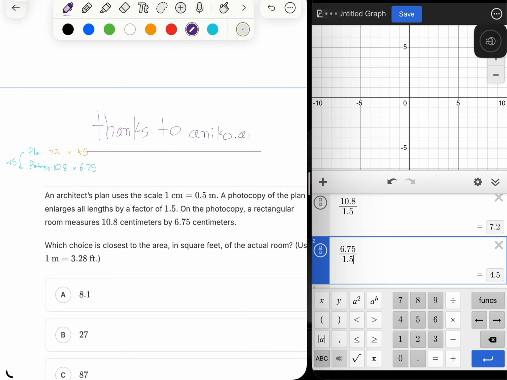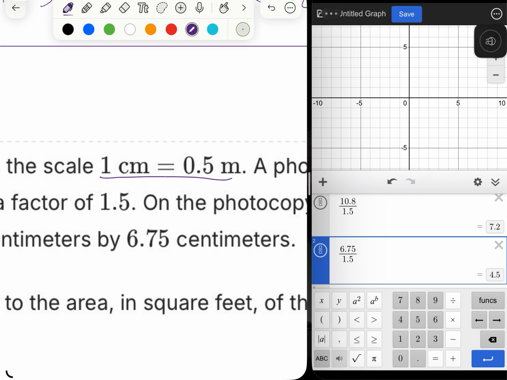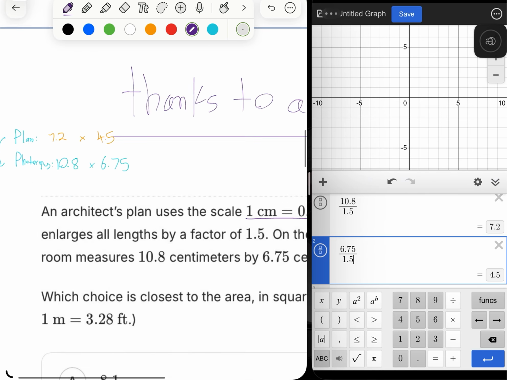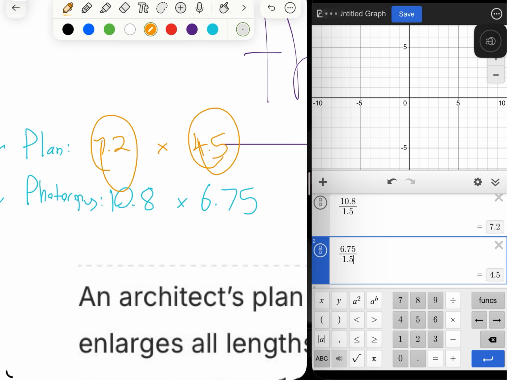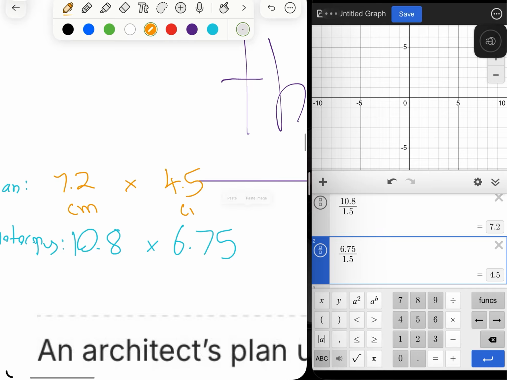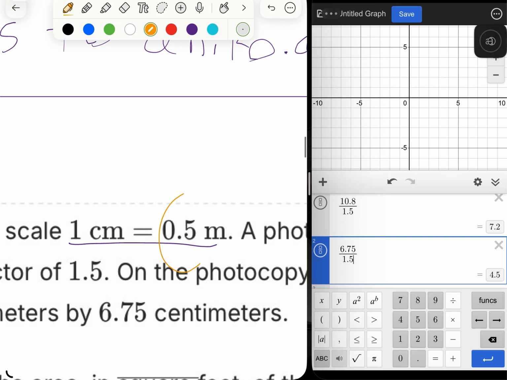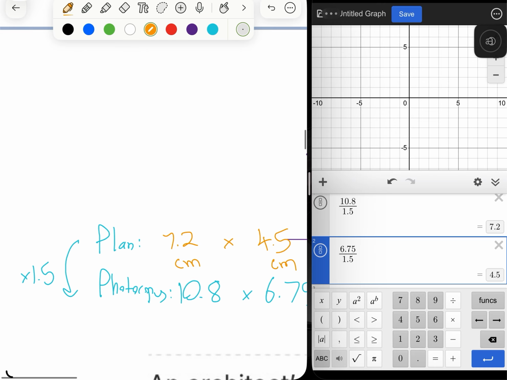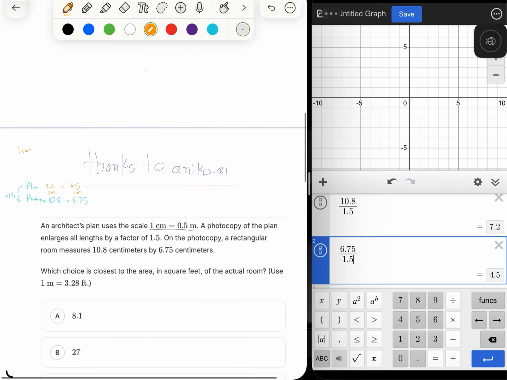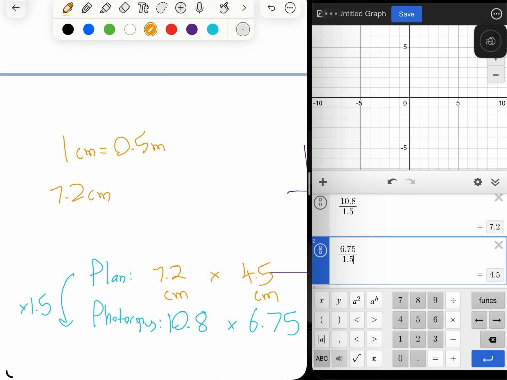Now that we have the original architect's plan, we know that they use a scale of 1 centimeter equals 0.5 meters. So now how do we convert these into that? Well, this is 7.2 centimeters, this is 4.5. Still, we're using centimeters right now. Now, to convert to meters, well, let's use this unit conversion. If 1 centimeter equals 0.5, then 7.2 centimeters,